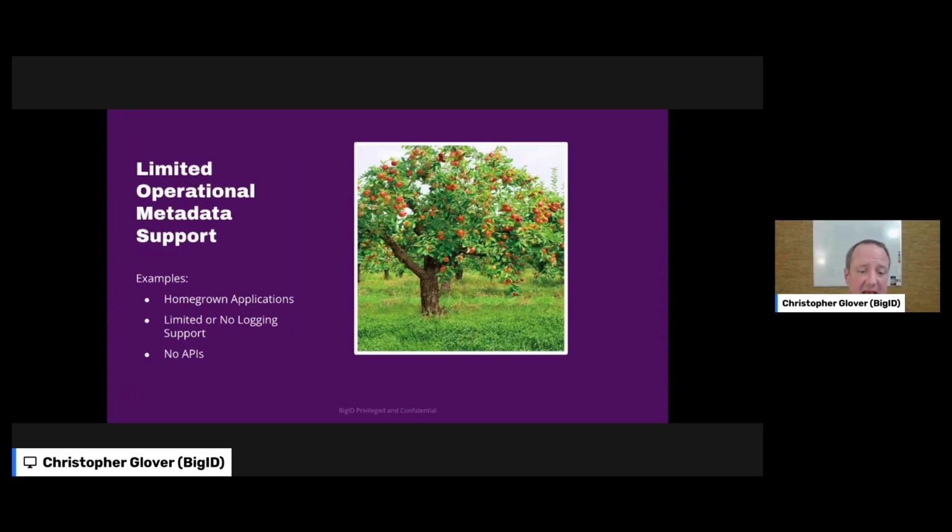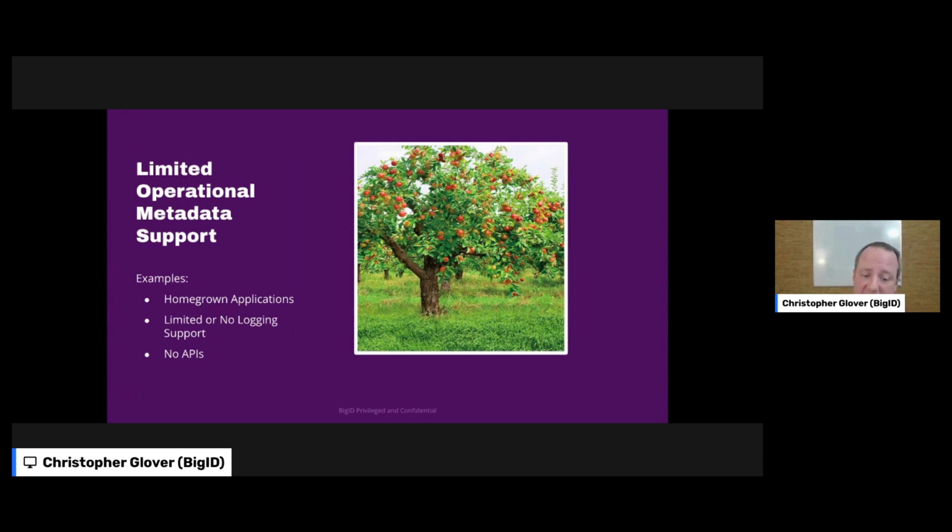And lastly, most companies have some sort of homegrown application or some development that you've done internally, and it makes sense. It's lightweight, it's purpose-built, it's lower cost for you than buying a commercial piece of software. But often there's a lot of corners cut when you develop your own software, and it may not have all the information that you need to support lineage.